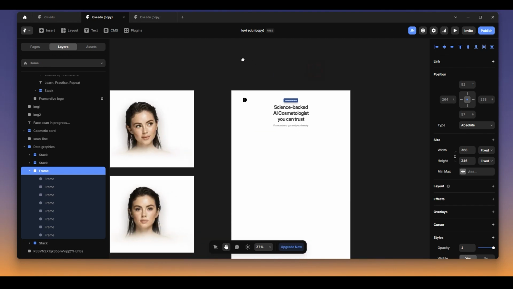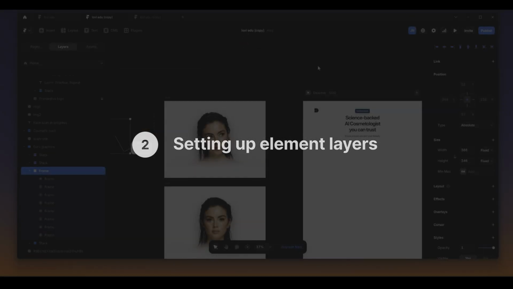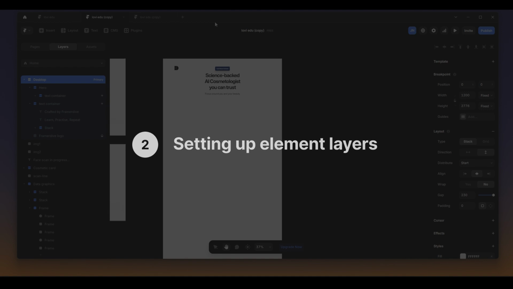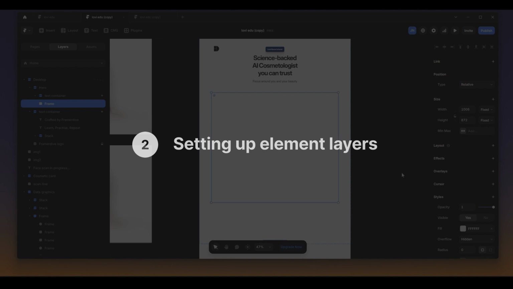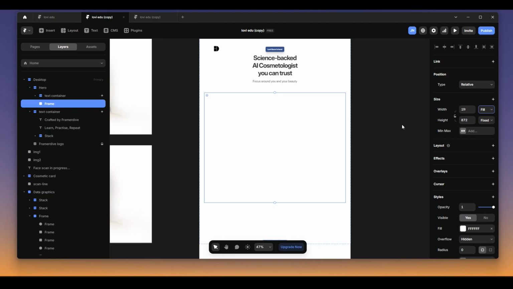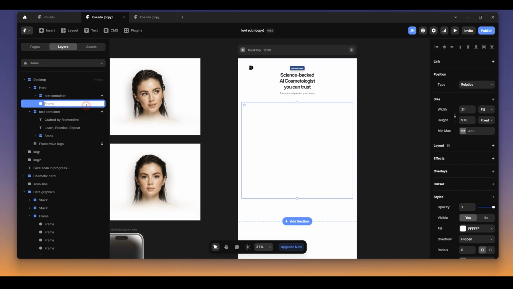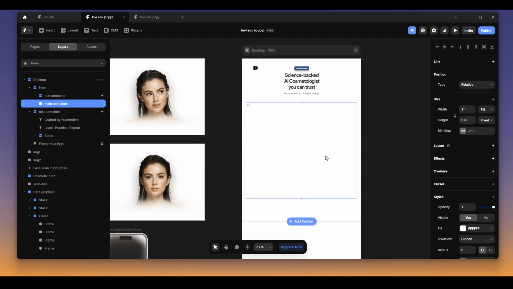and you can always check it out. So the first thing I want to do is go to my desktop, and then I'm gonna draw a frame. I'm gonna hold F on my keyboard. I'm gonna draw a frame here, and then I'm gonna make sure the width of my frame is set to fill, and let the height just be as it is for now. And so we wanna name this frame my main container, and then once we've done that, we wanna come and